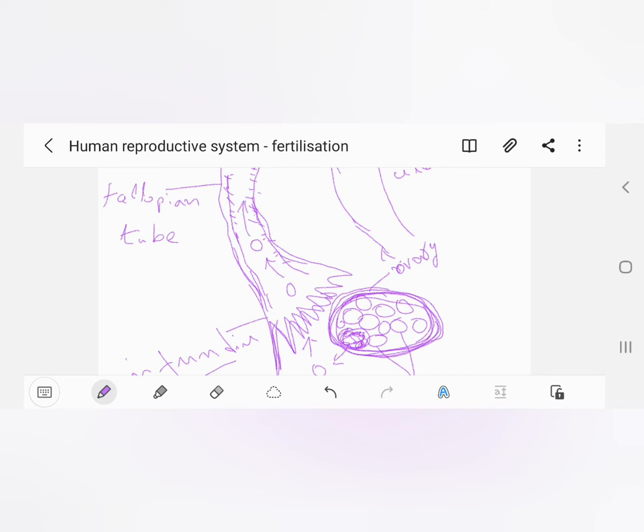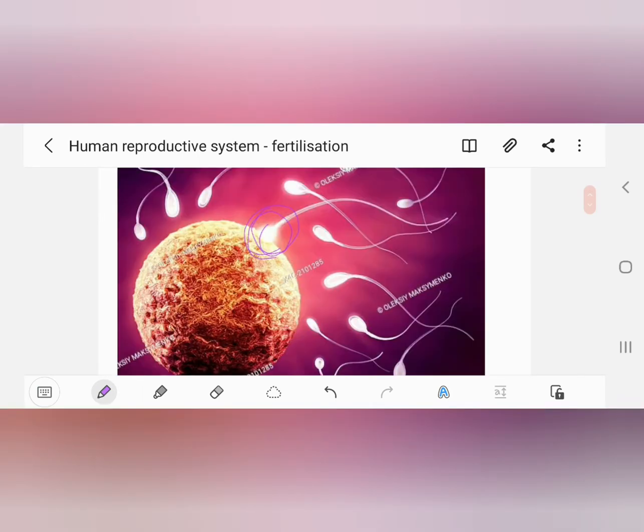Meanwhile, if sperms have entered the female reproductive system, they reach the ovum in the fallopian tube, and the process of fertilization occurs inside the fallopian tube. The ovum is surrounded by many sperms, but only one of them successfully fertilizes. How the process occurs is to be known. In fertilization, one sperm successfully enters the ovum. In this process, the structure of the sperm is very convenient for penetration into the ovum.